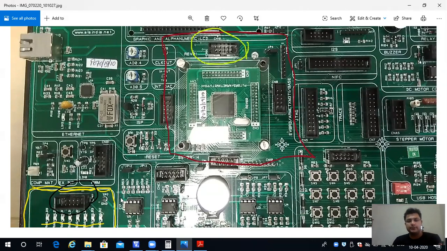These LEDs, you can see these LEDs. These are 8 in number in our kit LPC1768. In this kit these are 8 in number. These LEDs we want to control using our code,